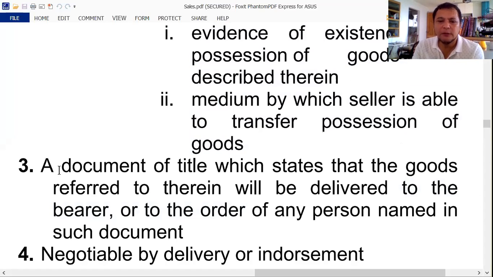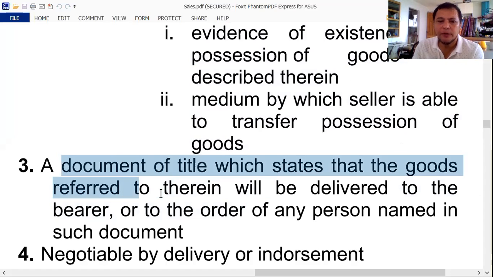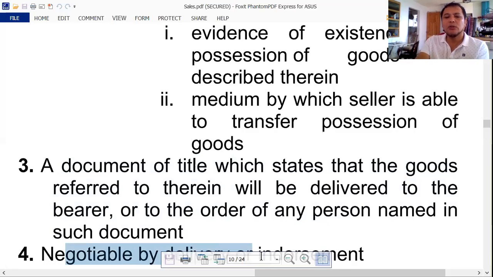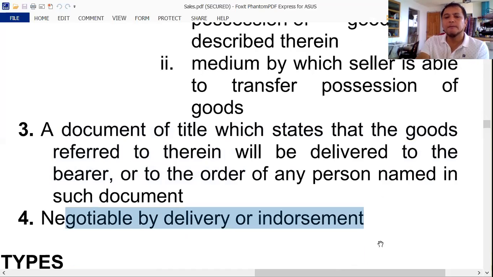So a document of title which states that the goods referred to therein will be delivered to the bearer or to the order of any person named in such document, that document is negotiable by delivery or endorsement. So it's like a negotiable instrument, that the holder, the one who is holding, can negotiate it by mere delivery. If it's in blank,